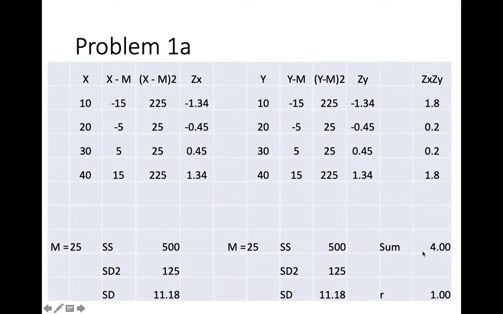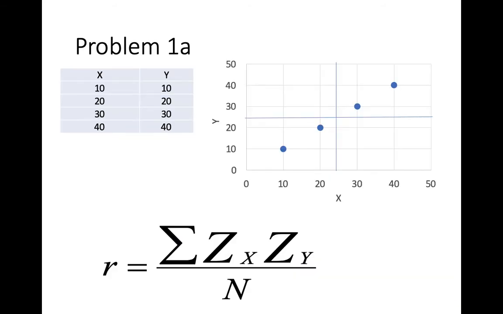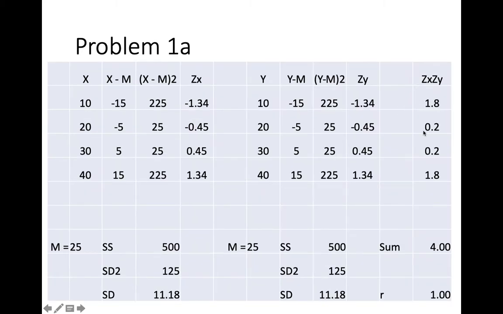So when dividing the sum of the cross products by 4, we get a perfect correlation of 1. And then what I really like to do is create the quadrants, so these lines are plotted at the mean of X and the mean of Y. And again, you can see if we go back to each of the